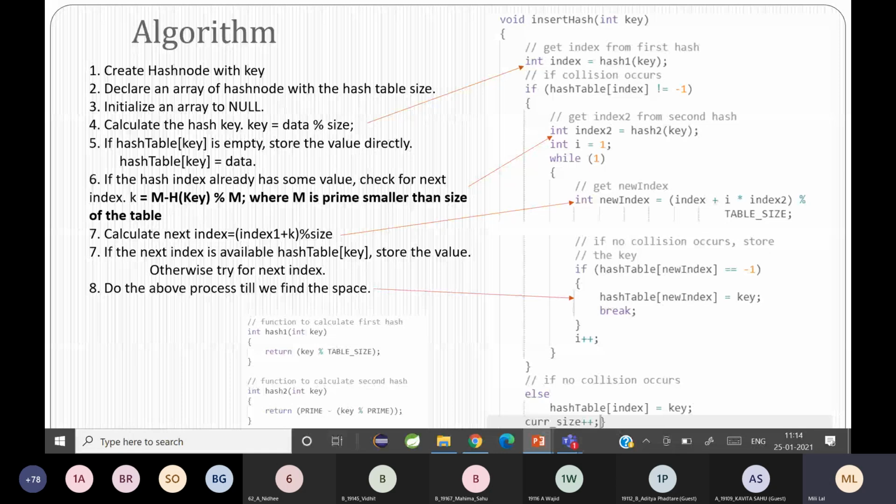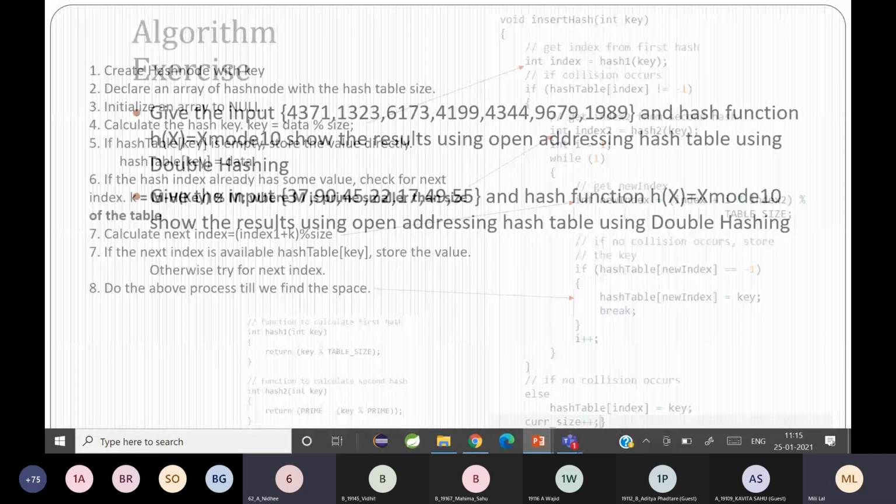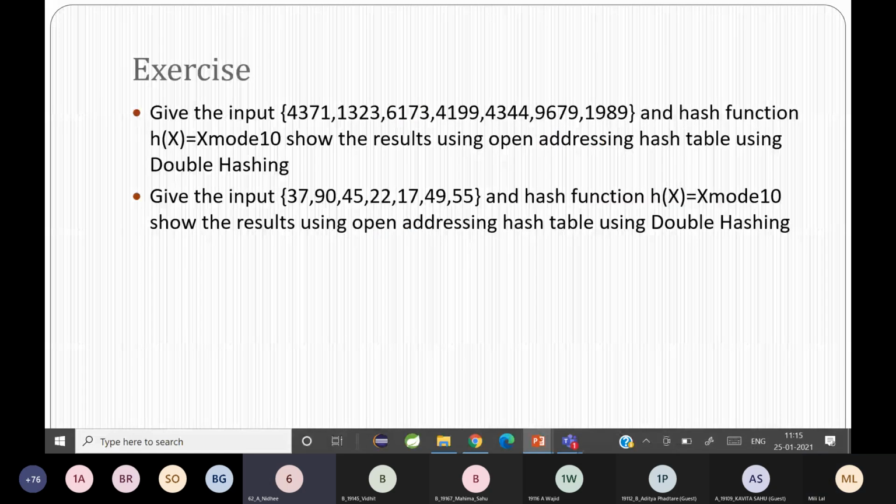Who's going to tell me? What is the difference you see between linear probing and quadratic probing? Linear probing, the key value formula for it is key is equal to data mod size.